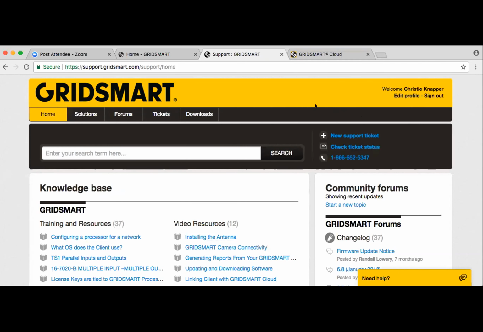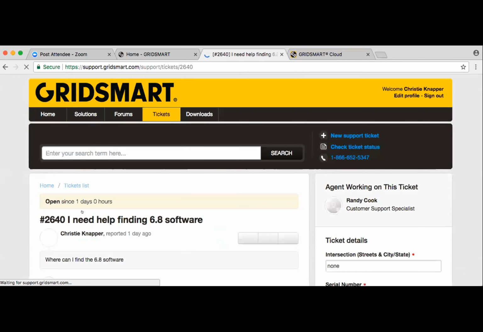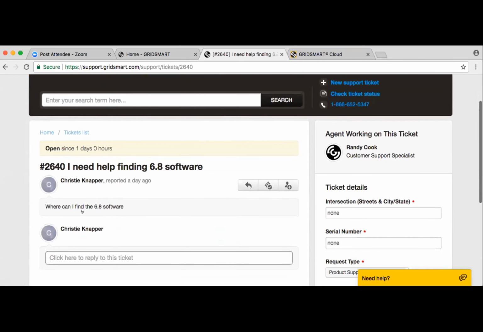And what you'll have is the option to submit a new ticket. You can check the status of your tickets. So if you've called us, emailed us, or contacted us through the portal, your tickets will be there, and you can just click on those. We have a ticket here that we created specifically for today, and we'll also use this as an example in another feature in just a minute. You can click on there, and you can see how long it's been